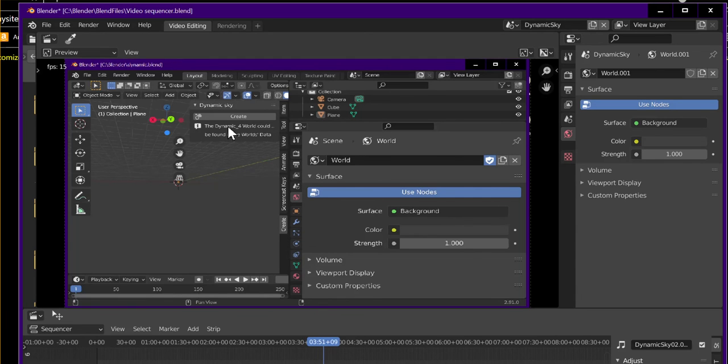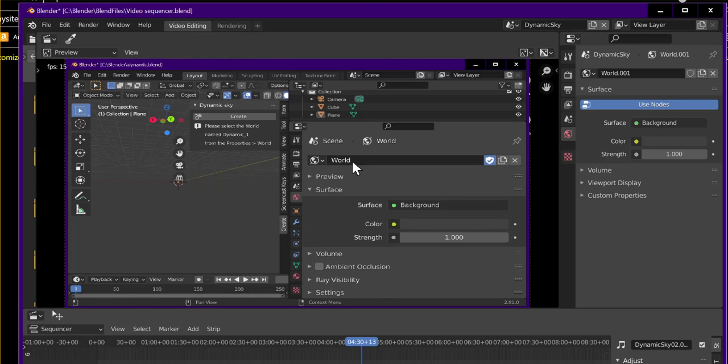Your control panel should come up with Dynamic Sky selected. If it doesn't, come down to the Create tab and press it. Now when yours comes up, it will say Dynamic Sky and it will say Create Dynamic 1. Mine says 4 here because I've been messing around previously and created 4 and deleted them. The important thing to know here is that the only name you can use is Dynamic underline whatever number it is. And like I said, yours should say Dynamic 1 now, and when you hit the Create button,